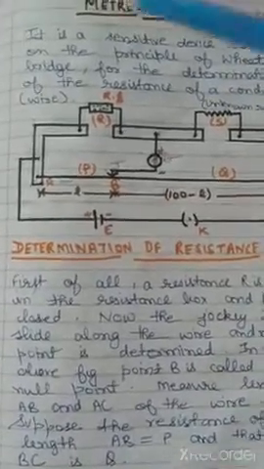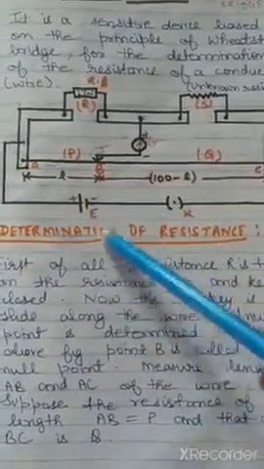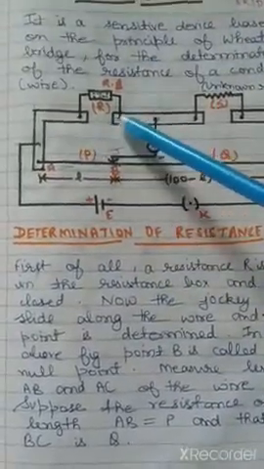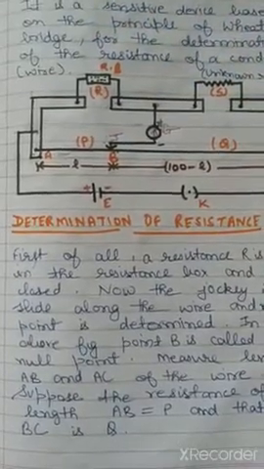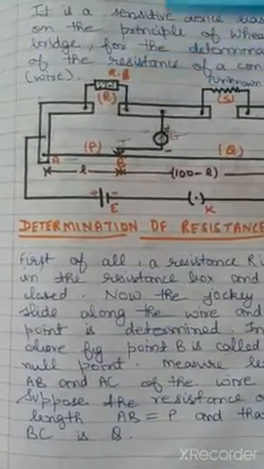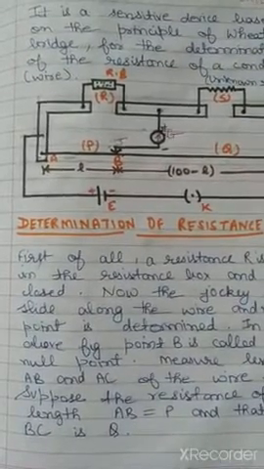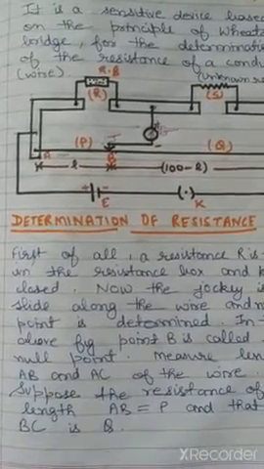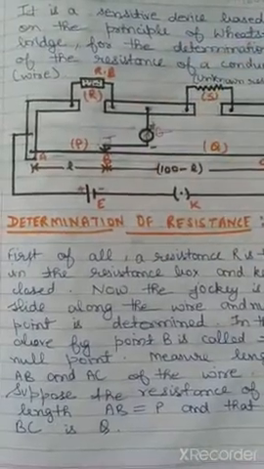Now the second binding screws of these copper strips will be connected across an EMF source and a key. Clear? Now across these two binding screws a resistance box is connected. Rheostat and resistance box both work the same way to control the current, but in the resistance box we know the value of the resistance that we are giving, because there are plugs on it and the values are written on it, like 1 ohm, 2 ohm, 3 ohm. The plug you remove, that much resistance goes into the circuit. Like if you remove the 1 ohm plug, 1 ohm resistance is given in the circuit.